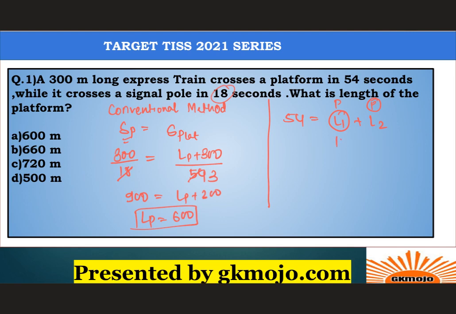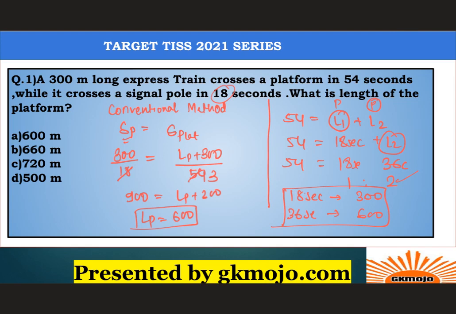तो ये लेंथ ऑफ ट्रेन ये पोल क्रॉस करने में 18 सेकेंड्स लेता है। सो बेसिकली इसका वैल्यू 18 सेकेंड्स है, राइट, प्लस L2, राइट। सो बेसिकली ये क्रॉस करने के लिए कितना लेगा, ये क्रॉस करने के लिए 36 लेगा, 54 माइनस 18, राइट। सो बेसिकली अगर देखने जाए तो इसका रेशो है 1:2, राइट। सो बेसिकली कहने का मतलब ये है कि 18 सेकेंड्स में 300 मीटर्स क्रॉस करती है ट्रेन, तो 36 सेकेंड्स में कितना क्रॉस करेगी, 600, राइट। सिंपल, ये रेशो भी लेने की ज़रूरत नहीं थी यहाँ पे, बिकॉज नंबर्स आर वेरी स्ट्रेट फॉरवर्ड ओवर हियर।